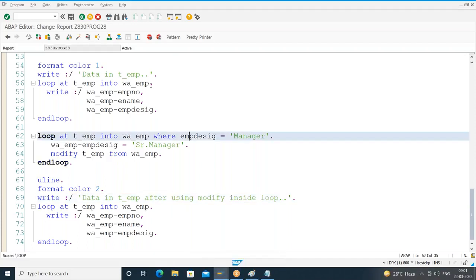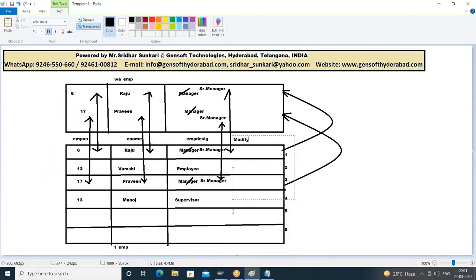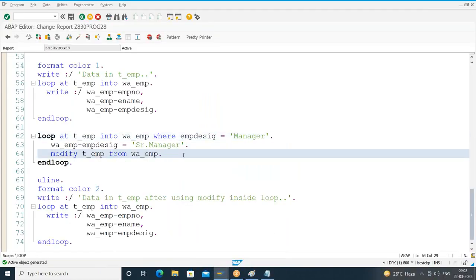Okay, so there are two performance issues here. Unnecessarily, it is comparing each field between the work area and the body. We have written the logic to modify only the employee designation, but the default behavior is that modify will compare each field between the work area and the corresponding record in the body. Am I clear? Which is a performance issue. So I'll note this as a performance issue, as it compares each field between